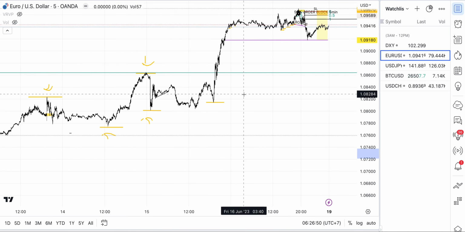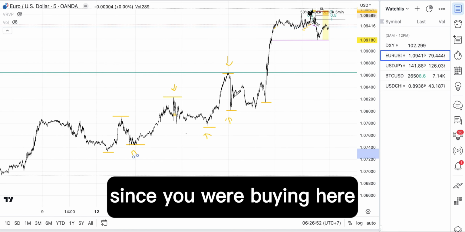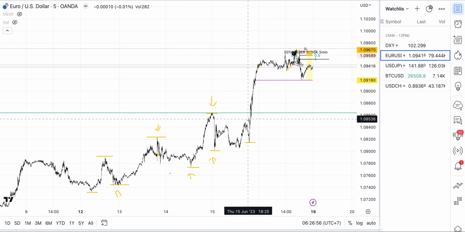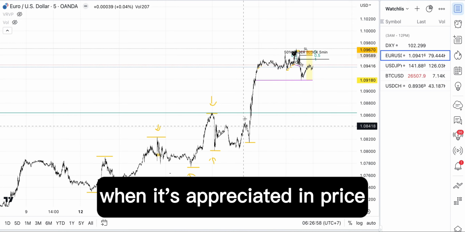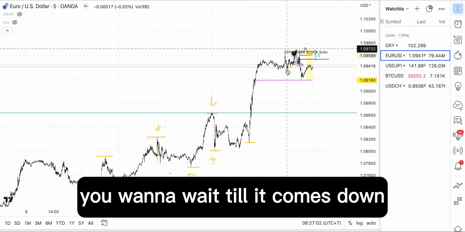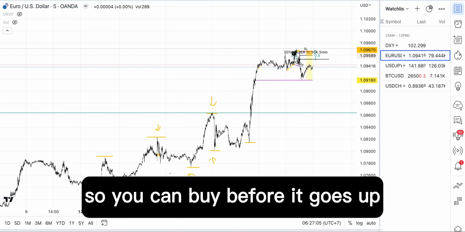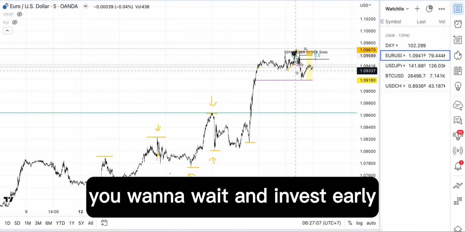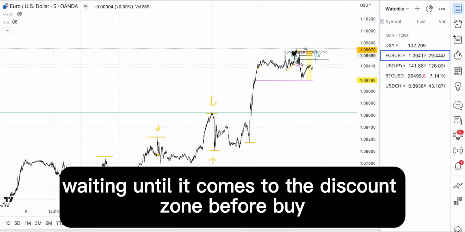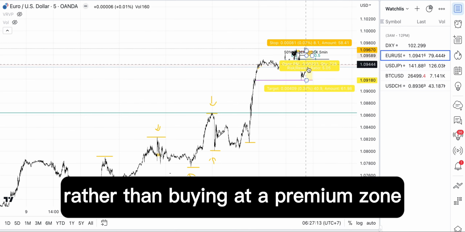But once you have structure, since we're buying here, you want to buy at the lower part of the range. Like, pretend this is an iPhone, you wouldn't want to buy the iPhone when it's appreciated in price, at the top of the market when it's expensive. You want to wait till it comes down so you can buy before it goes up. Just like investing in anything, you want to wait and invest early. So what we're doing is waiting until it comes to the discount zone before buying,